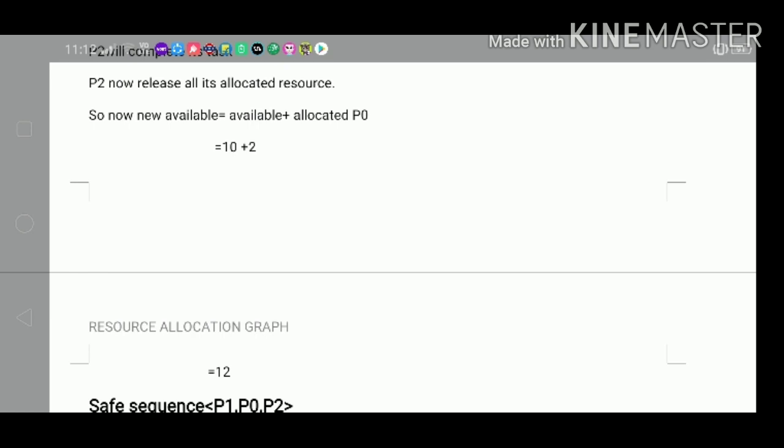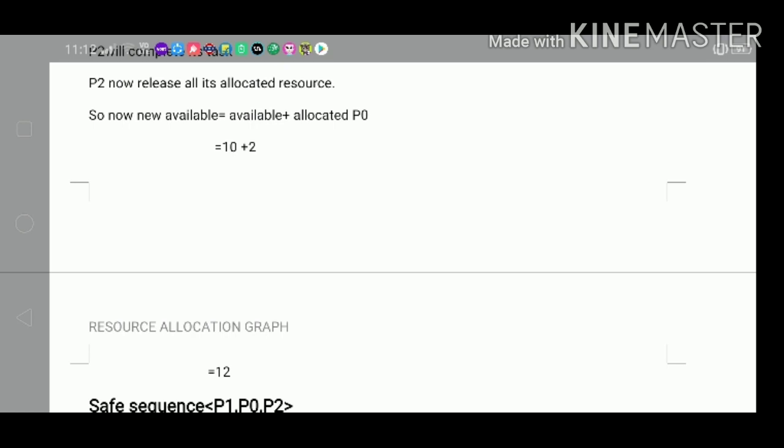If at the end we are getting the safe sequence, that means that the system is in the safe state. If there is no safe sequence, that means the system will definitely go into the deadlock condition, or we can have multiple safe sequences. So this is a method of how we are going to find the safe sequences for the given question. So if there is a safe sequence, there will be no deadlock. If there is a deadlock, definitely there will be an unsafe condition. So this is how we are going to find out the safe sequences by calculating the available resources in the system.